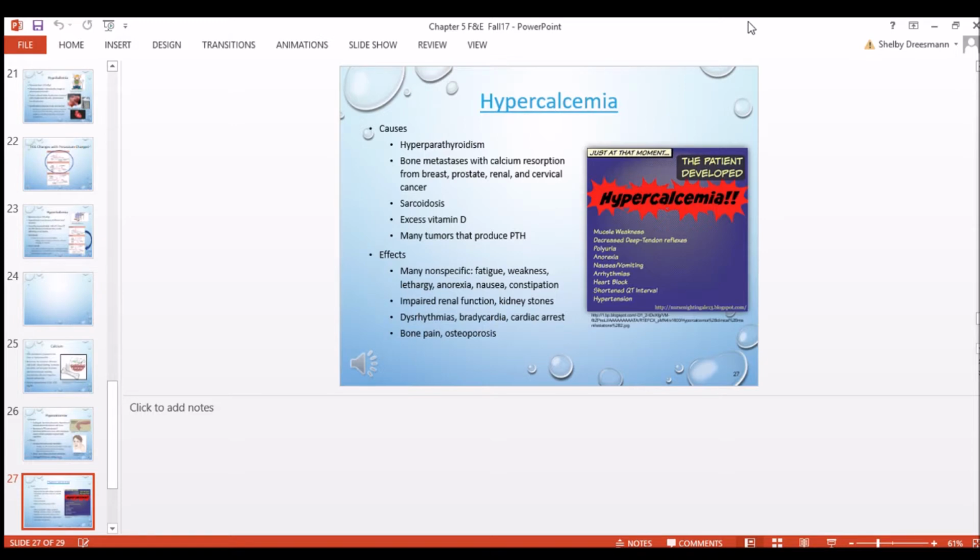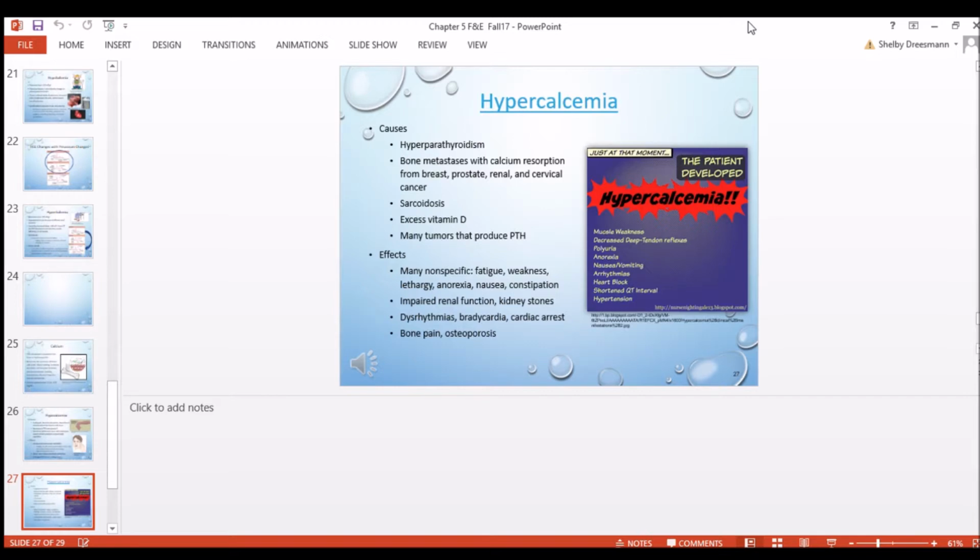Hypercalcemia, so increased calcium: hyperparathyroidism, bone metastases due to breast, prostate, renal, and cervical cancer, sarcoidosis, excess vitamin D, too many tumors that overproduce PTH. The effects can cause fatigue, weakness, anorexia, nausea, constipation, impaired kidney functioning, kidney stones, dysrhythmia, bradycardia, cardiac arrest,